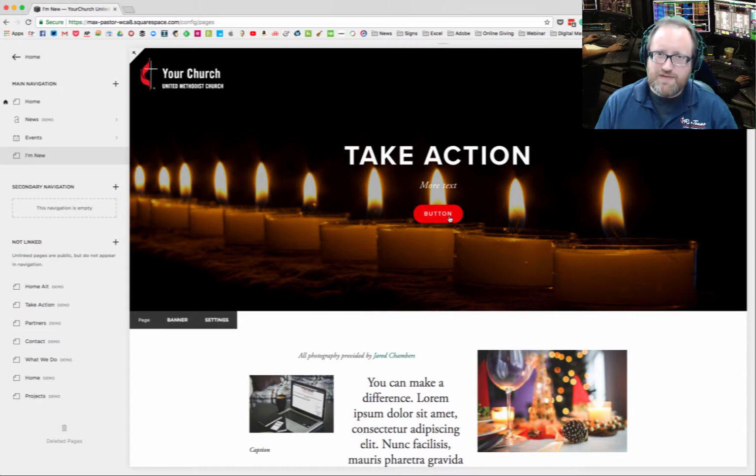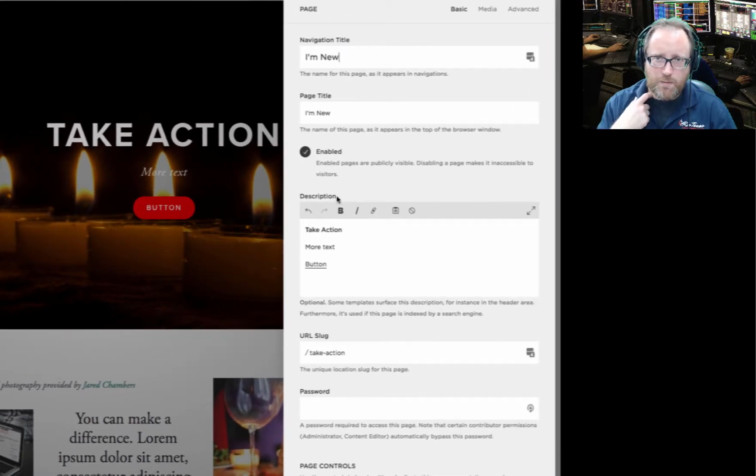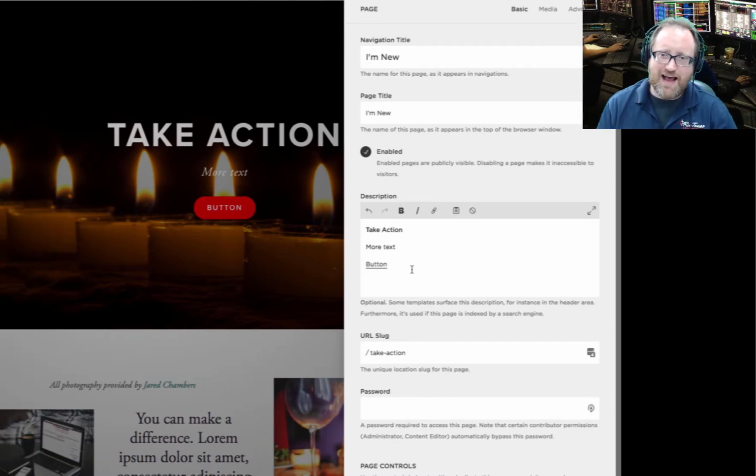Now, I've also got the ability to change this text. Instead of clicking banner this time, I'm going to click settings. In my settings is my page description. Very often we don't pay much attention to this, but in this particular template with these banners, there's a lot of power in here as well. Anything that I type here is going to show up on the banner image. We also have some options in how we format it. If you notice on the web page, "take action" is in bold, all uppercase text. If I retype this, "take more action," and click save,